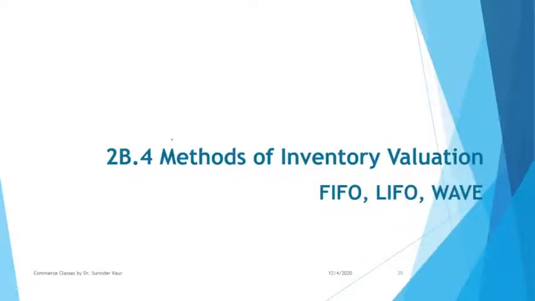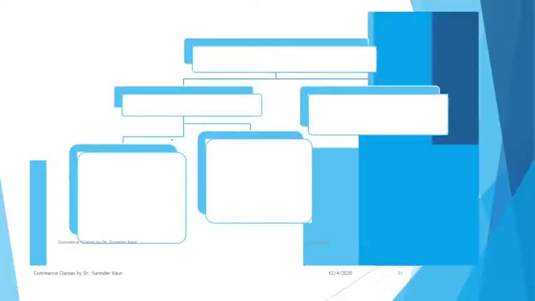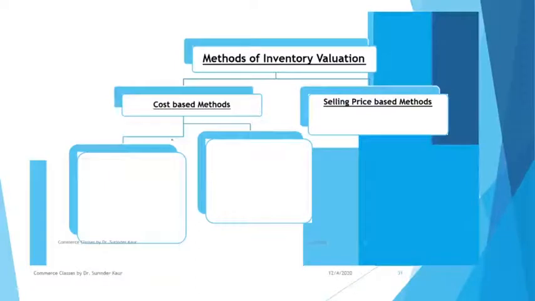So these three are there in the course, but otherwise, when we talk about inventory valuation methods, there are two basic categories. One is cost based methods and another is selling price based methods. Now within the cost, again we have two categories of methods. One is the historical cost based methods, another is other costs. Like when we buy inventories, then the price that we pay to buy them is called the historical cost or purchase price. Why so? Because this is what has happened. You paid the price and you bought the goods. So this is the historical cost, right?